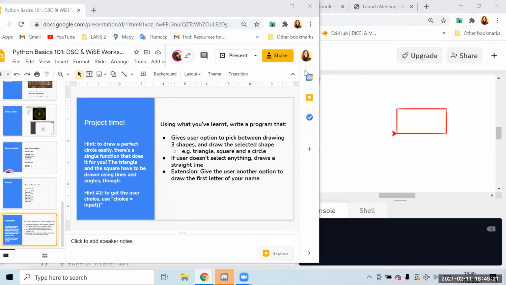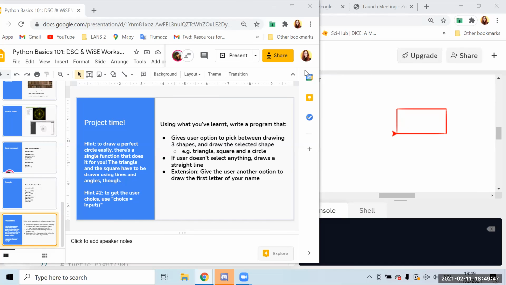Yeah, so the highlight is we're going to now combine everything that we've learned together, and we're going to write a program that gives the user the option to pick between 3 different shapes. It's easiest to do with a triangle, a square, and a circle. And write a program that asks for the input, and when the user writes circle, it draws a circle.